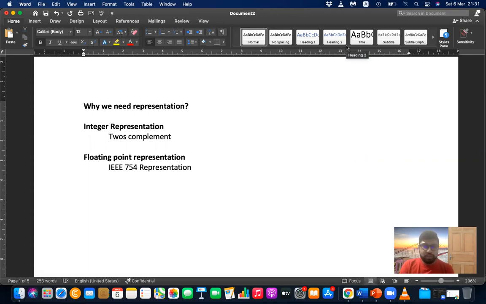Presence of voltage one, absence of voltage zero. Maybe high voltage 1, low voltage 0. So we represent like that. That is called the binary number system. And basically machine language is created using this representation system.